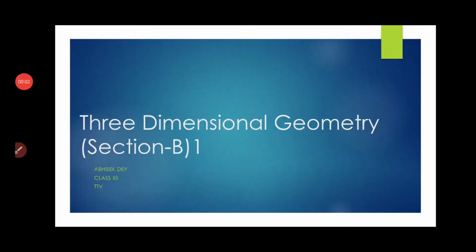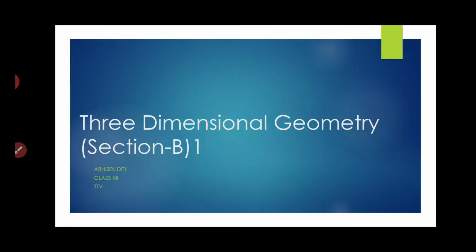Hello there. We start off with the chapter three-dimensional geometry. Now, this is the first class of the chapter. We have divided the chapter into two classes. In the first one, we are discussing lines in space, and in the second one, we are going to talk